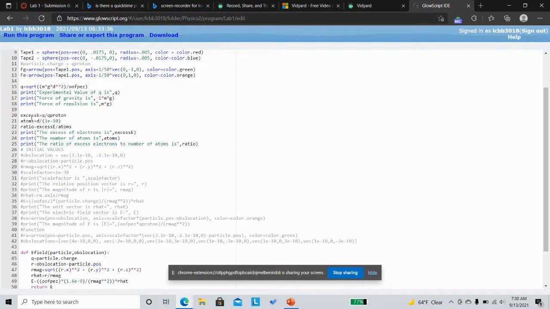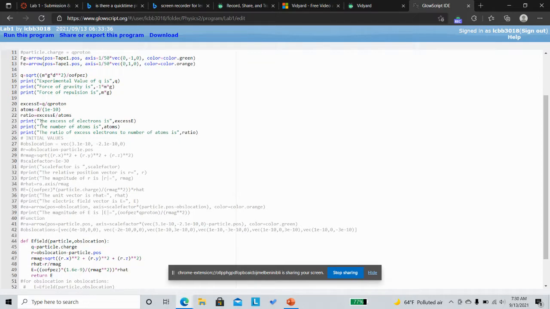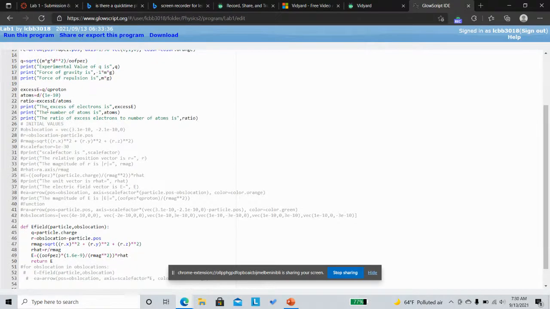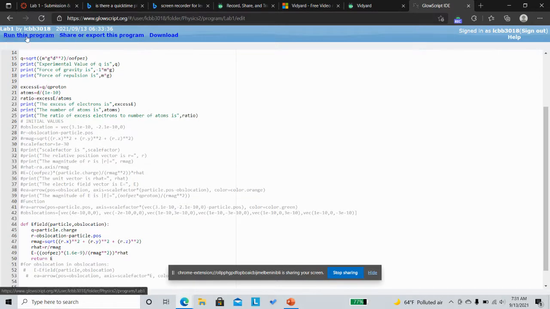With that, we can find the amount of excess electrons by dividing the overall charge by the charge of an electron, which is the same magnitude as that of a proton, and find the number of atoms by dividing the distance by the average length of atoms, and then the ratio is just dividing the excess electrons by the atoms. And so when the code is run,